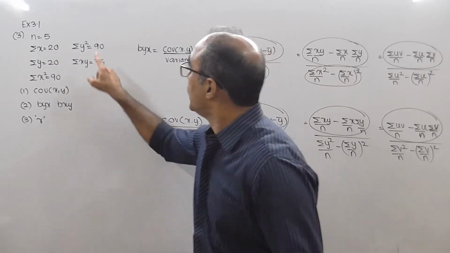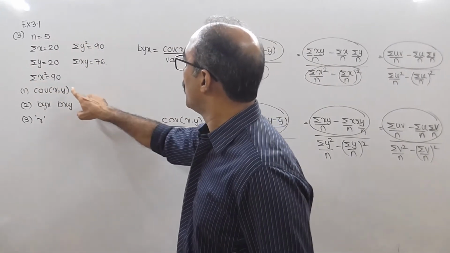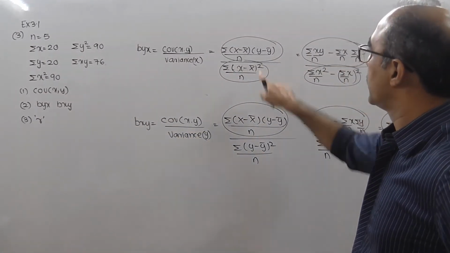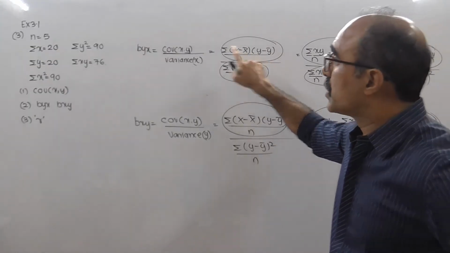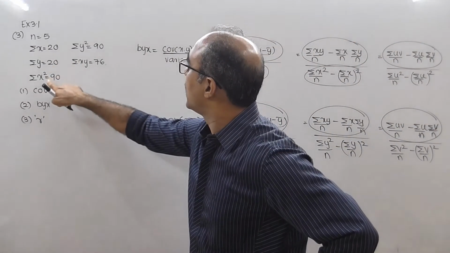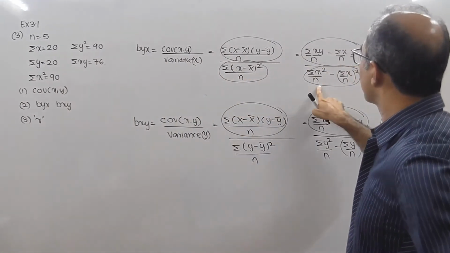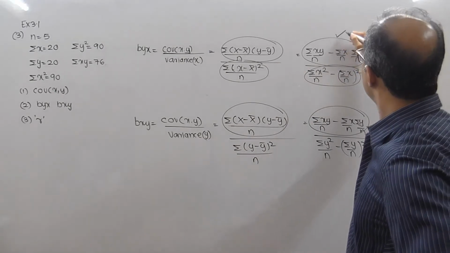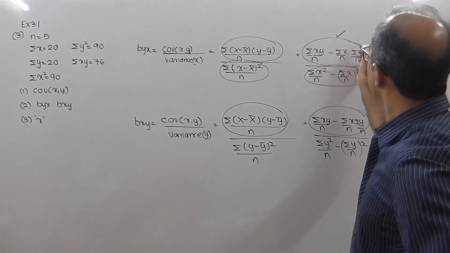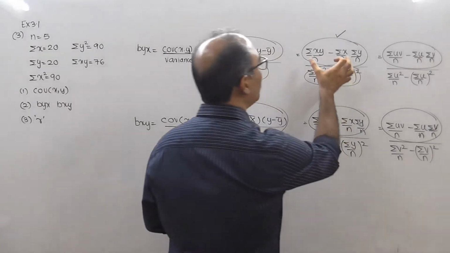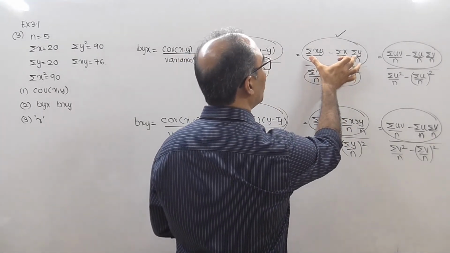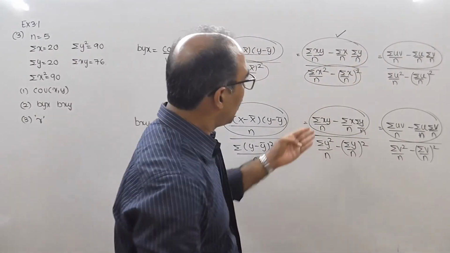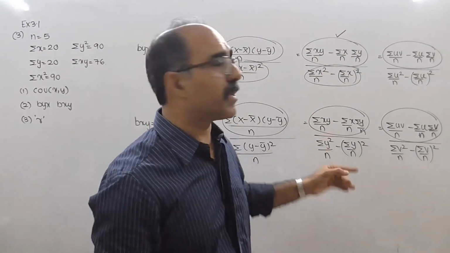Now look at this data and tell me which formula you will use for covariance of xy. Not this one, because look, there is xy, x, y, x square, I think this one will be better. I think you're getting what I'm trying to say. So I think you can use this formula, and I think we want only the numerator. So the numerator will be covariance of xy. That means the formula will be sigma xy upon n minus sigma x upon n into sigma y upon n. If by mistake you use the lower one, it doesn't matter, because both are the same.